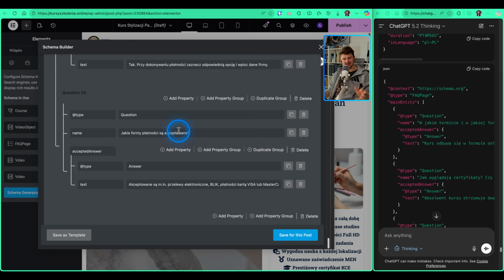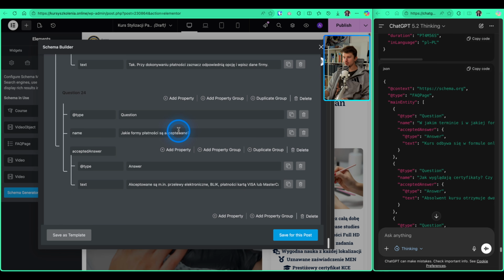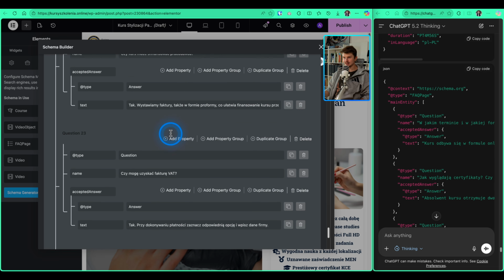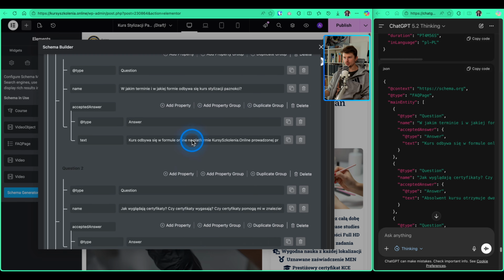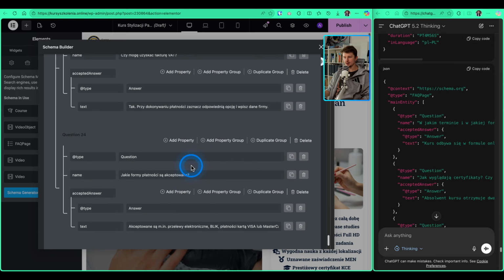Normally, if you did this manually, it would take you forever. But now you can do it just really in a couple of seconds with AI, which is absolutely fantastic. You can do the same with blog posts. And of course, if you have offers, like e-commerce offers or events, you have so many different types of schemas that you could just create and import ready-made